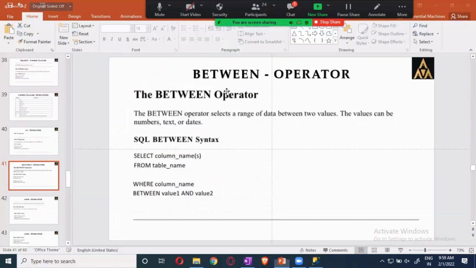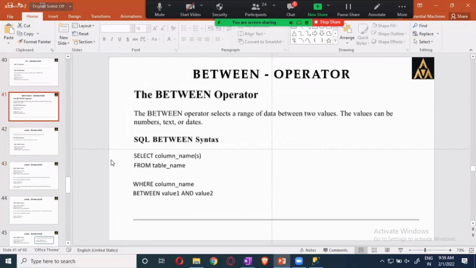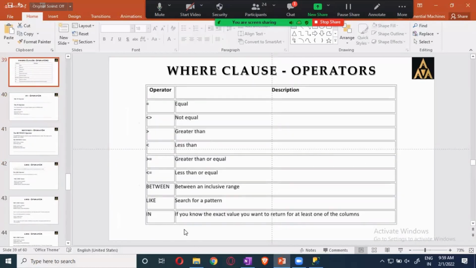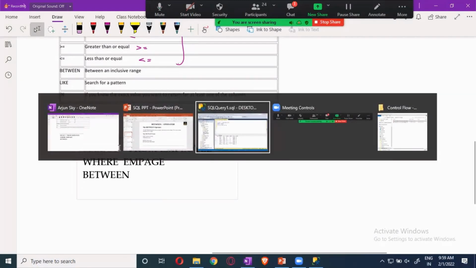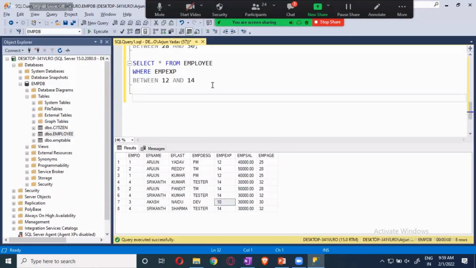Now, next one is the IN operator. The IN operator is used to check multiple values. Yesterday I used it, I think. This IN operator, now let me show you. Here the data is there. I want to see the last name, whosoever the last name is Kumar and Naidu. These two I want to get. Let's see this.